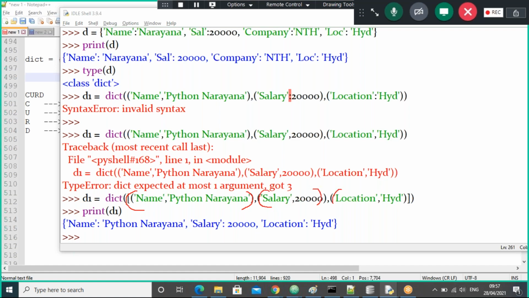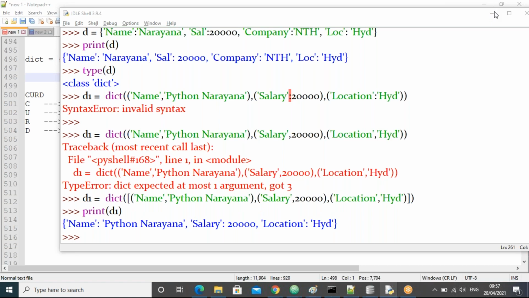First, try with the tuple. You get the output normally, and then try by taking square brackets, by taking a list like this, or by taking a set, curly braces. You try. That is the way of learning more about the subject, guys. That is the way of learning new points. So while I'm doing here, I'll do almost all the possibilities, guys.